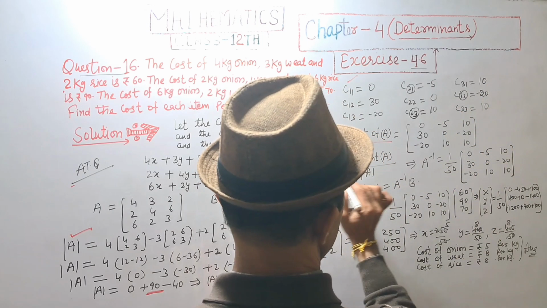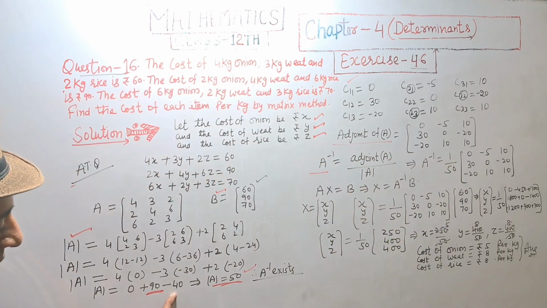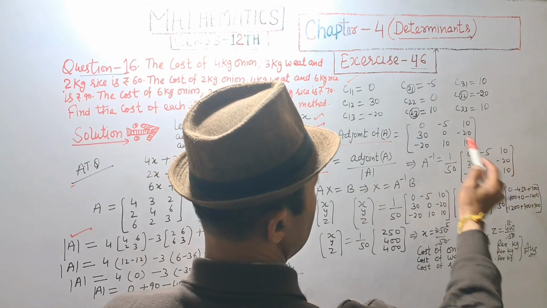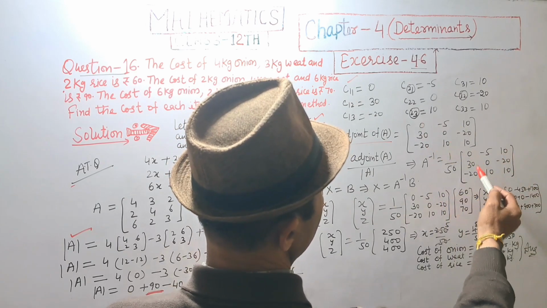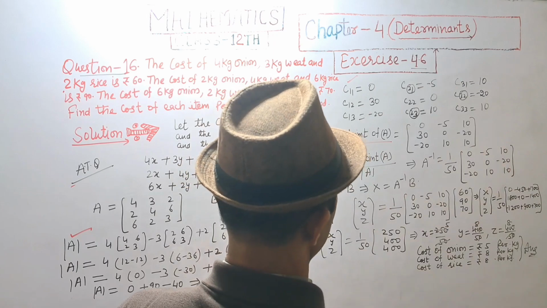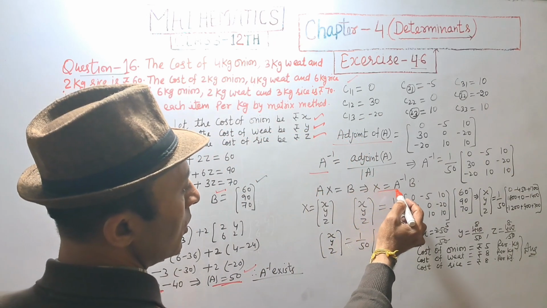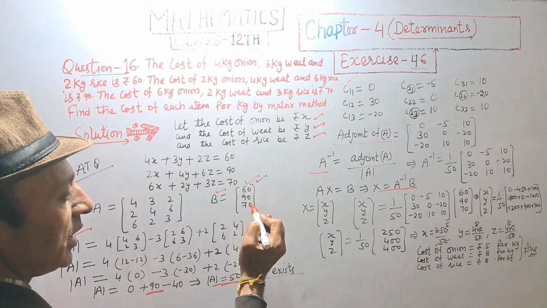A inverse is equal to adjoint A upon determinant of A. We have determinant of A is equal to 50. So A inverse is equal to 1 upon 50 into adjoint A, which is 0, minus 5, 10, 30, 0, minus 20, minus 20, 10, 10. And AX equal to B implies X equal to A inverse B, and the value of B is 60, 90,